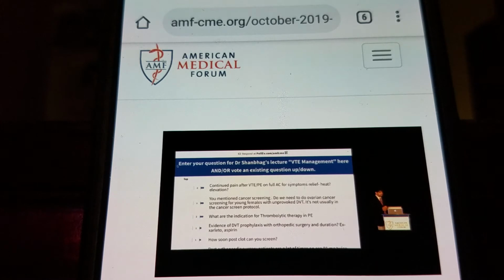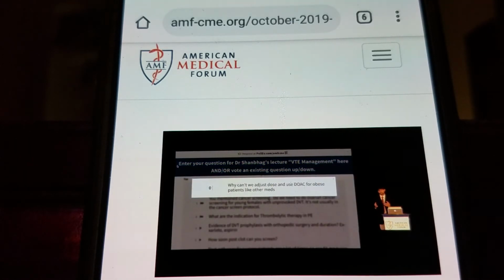You mentioned that in very obese patients, there's difficulty in knowing the right doses to use with some of these agents. Is there a way that you can use anti-10A levels and dose adjust some of the DOACs in those patients? Yes, there is. So the question is, you have somebody who's very obese, over 120 kilograms, but they absolutely will not take warfarin or weight-based low molecular weight heparin, and they insist on being on a DOAC. Can you possibly manage them? With a little bit of a challenge, yes, you can. So you can do 10A levels. You just have to do them accurately.